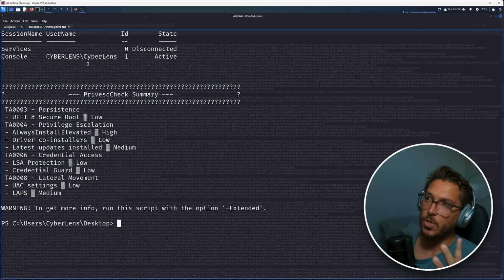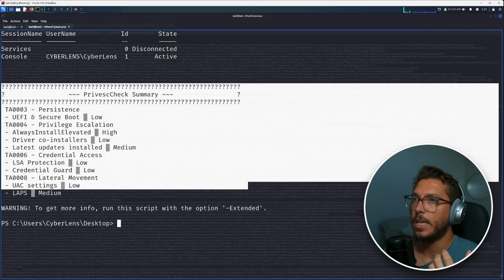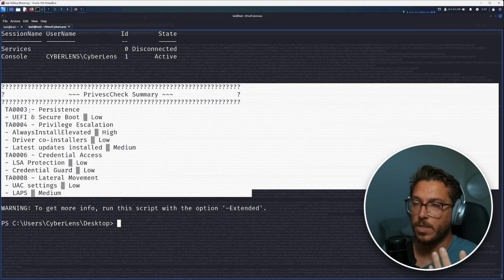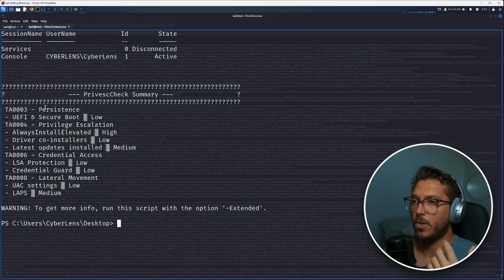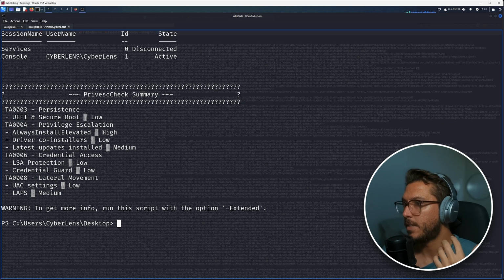I'm new to using this privesc check, but I understand why people like it. I'm probably going to start using it more in these challenges. It gives you this nice summary, whereas in WinPEAS and LinPEAS, other ones, you have to kind of manually go through it, and that's fine. You should be checking things, but this is kind of nice. So at a quick glance at the end of it, I can quickly see